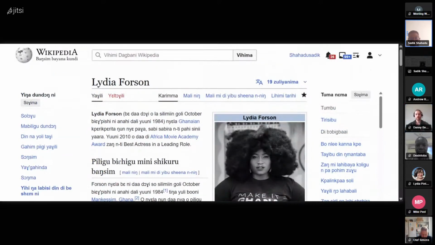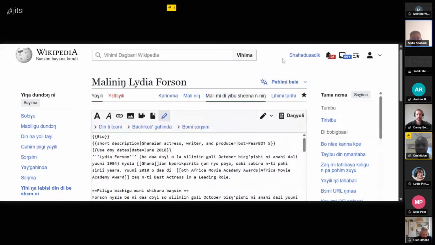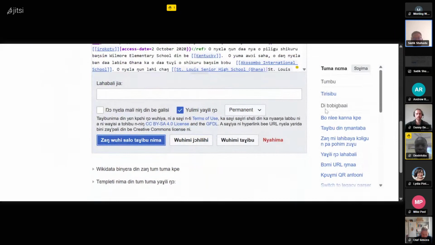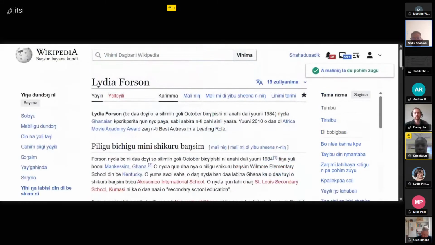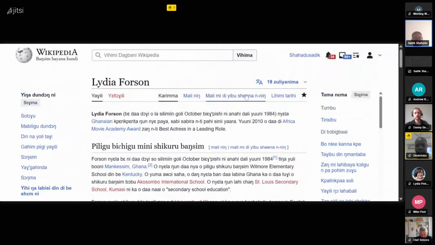Yes, they are different because this one is data box and the other one is bio template. So there are different templates that are built, but still pull data from Wikidata. And for the difference, I can do a quick step back, and then we see the difference between when you add a data box and without a data box. I'll just preview or maybe publish. So without data box, the article looks like this, just like Shitobu demonstrated. And then with data box, you see